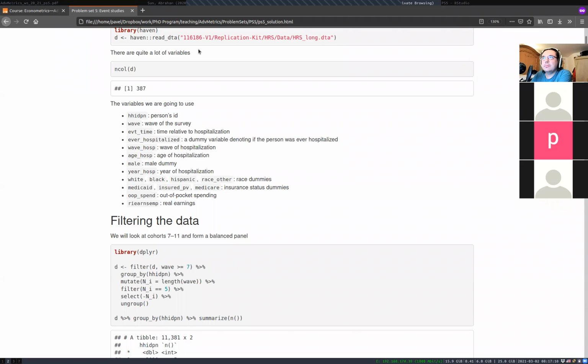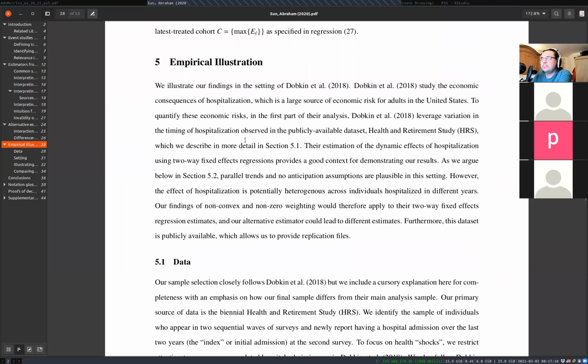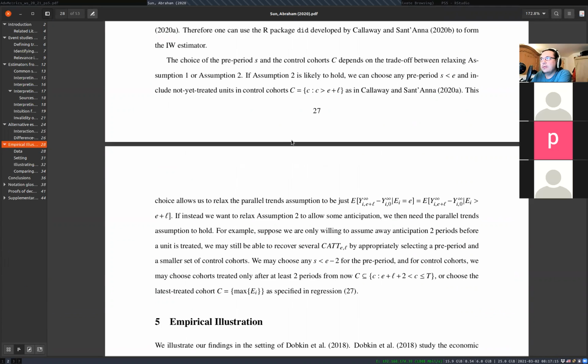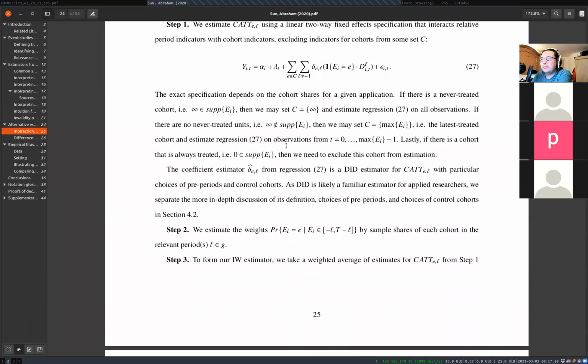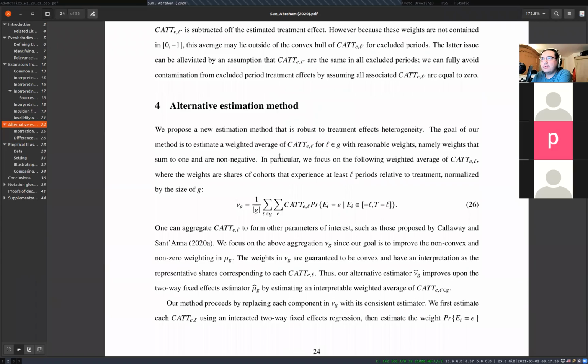and share my screen. Yeah, so just a little reminder of what this paper does. So what the authors discuss